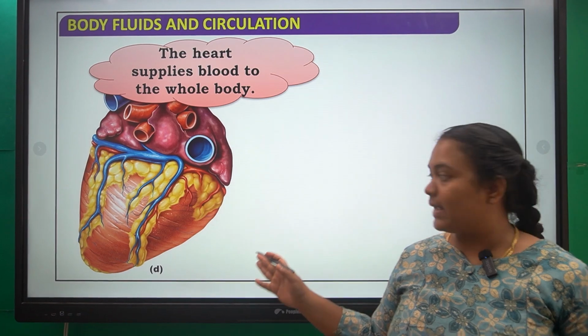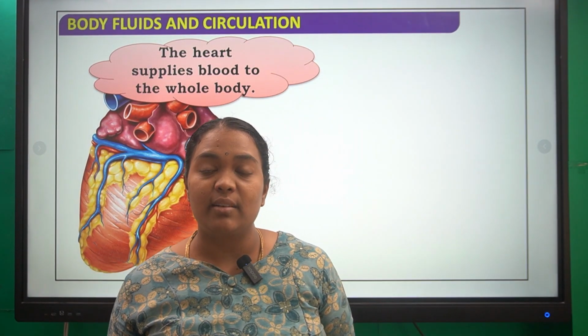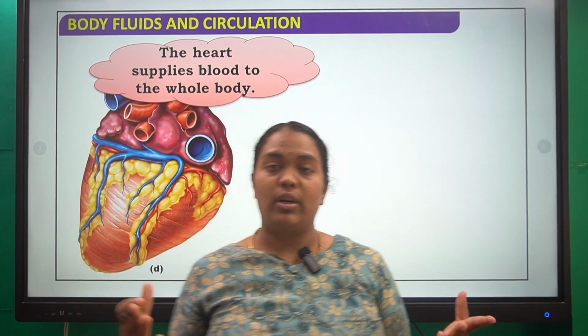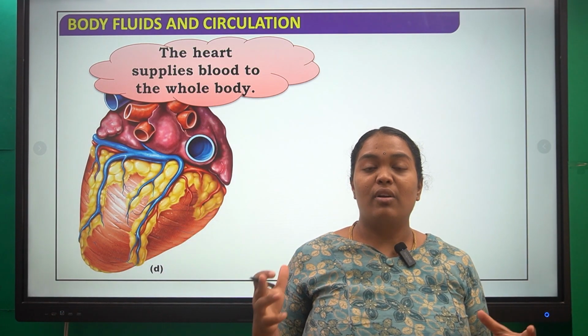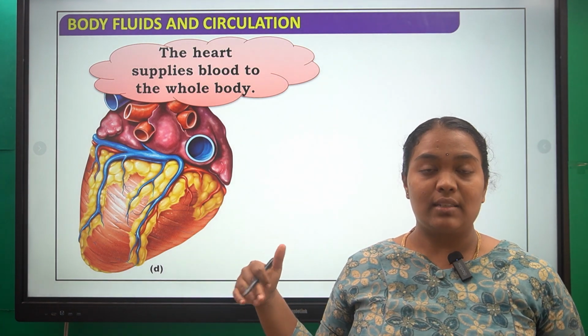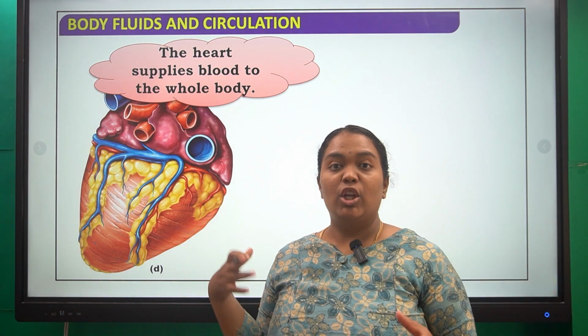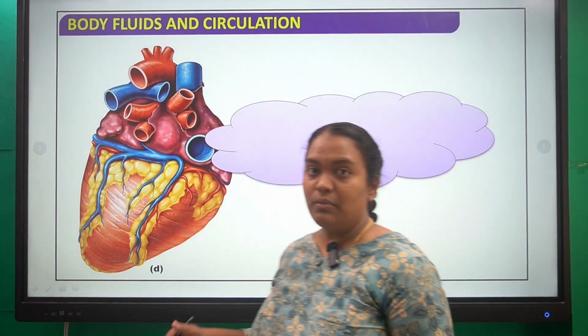The heart is supplying blood to your entire body. It is giving oxygenated blood to different tissues of your body, and again the heart is taking up deoxygenated blood from different parts of your body so that it can pump it back to the lungs where the oxygenation of the deoxygenated blood takes place. Here you can observe,